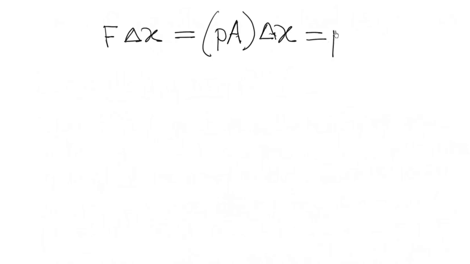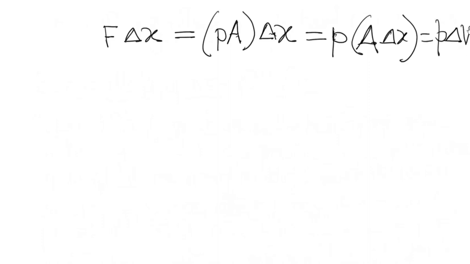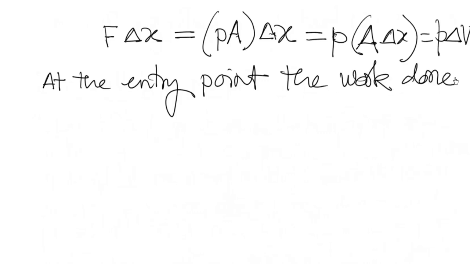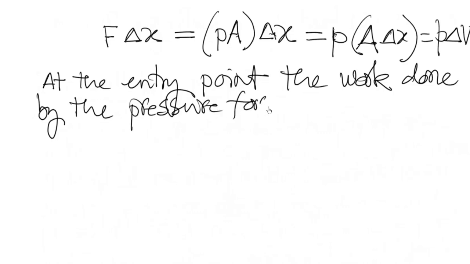This one we can write as small p and A into delta x, but this is volume, so it is P into delta V. The work done on this system is then P1, so at the entry point, the pressure force is then P1 and delta V,